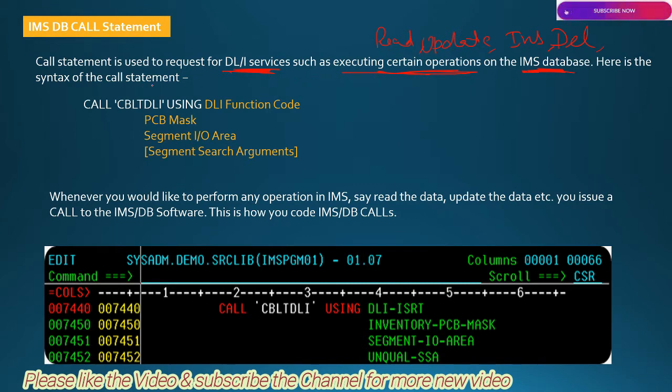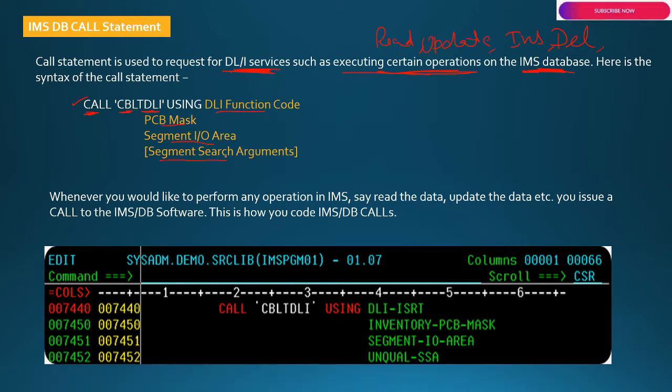And what is the syntax of this IMS call statement? We have the call statement here, and we are using the utility CBLTDLI, which stands for COBOL to DLI. We are passing these parameters to this utility: DLI function code, PCB mask, segment input output area, and segment search argument.